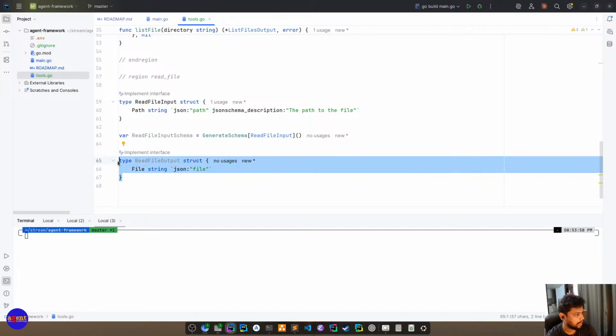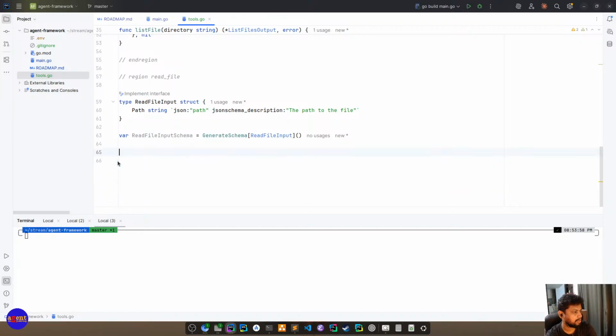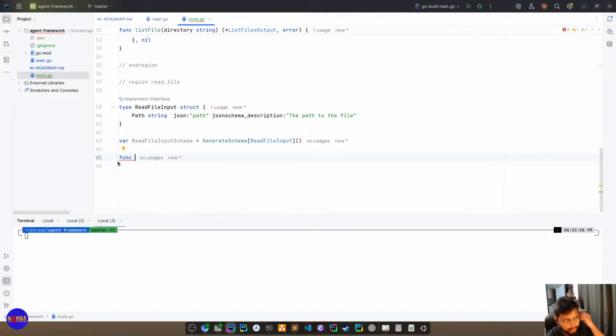Actually, do we really need an output? The output can just be a string at this moment. We need an implementation for this.